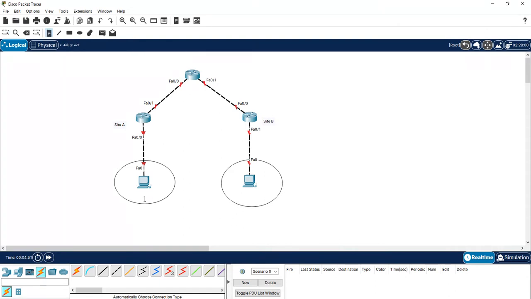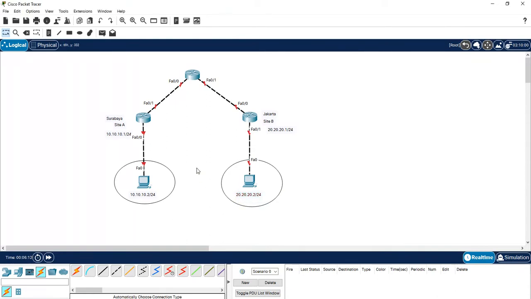For example, the IP for this router is 10.1, and this 10.2, and this 20.1, and this 20.2.